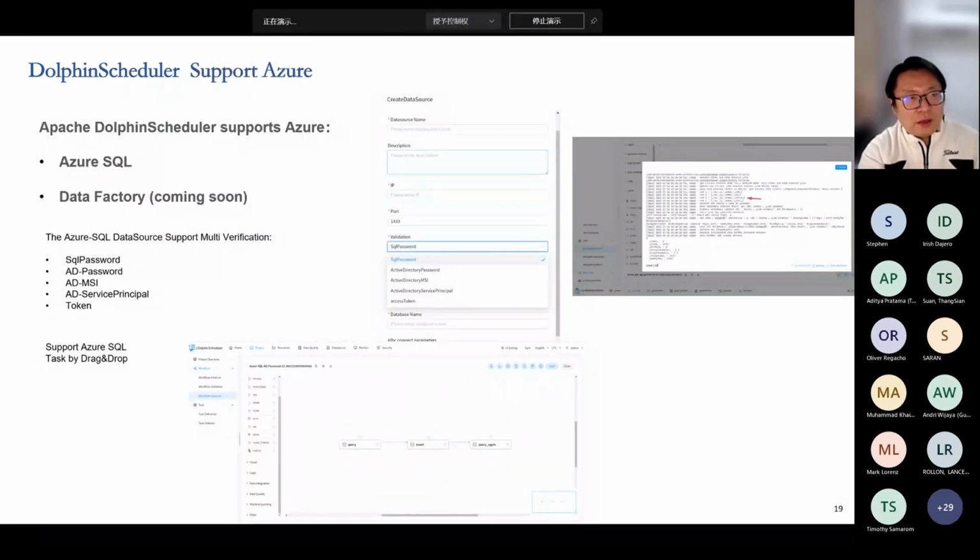And now Dolphin Scheduler can support Azure SQL very easily, and I can show you in the demo. Now we support Azure SQL, and we will support Data Factory, I think next month. That means you can drag and drop to create an Azure SQL task or create a Data Factory on Azure. And also you can use your Hadoop, and first you use some tasks on your Hadoop side, and then you can create a workflow, create a task on Azure,